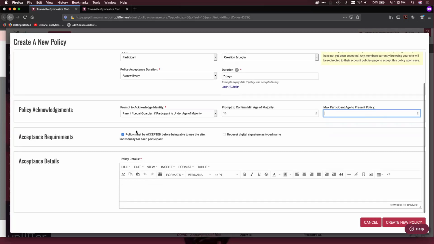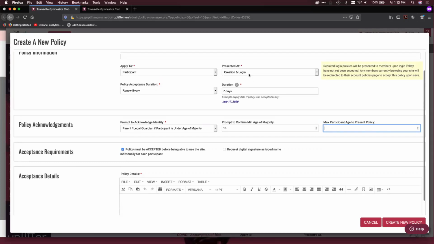So the acceptance requirements are the same as before. You can make the policy required or not required before they're able to proceed with whatever it is that you're asking them to, whether it's an invoice, creating of a participant or member, or logging in. As well, we've also given another final option of being able to request a digital signature as a type name.